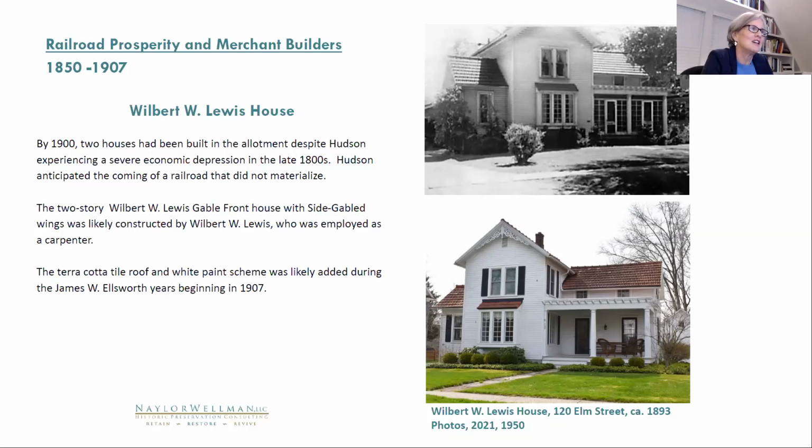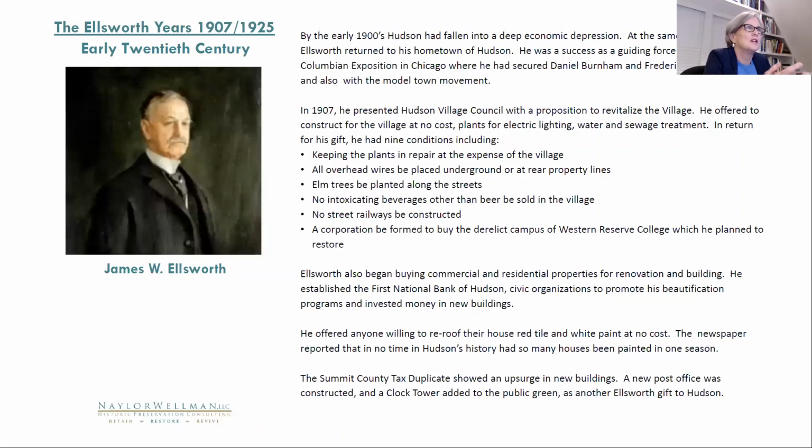And so this was likely when that was added to this particular house in 1907. So those two are the oldest houses in the Elm-Roslyn area, and kind of begin the discussion of the boundary increase. So James Ellsworth